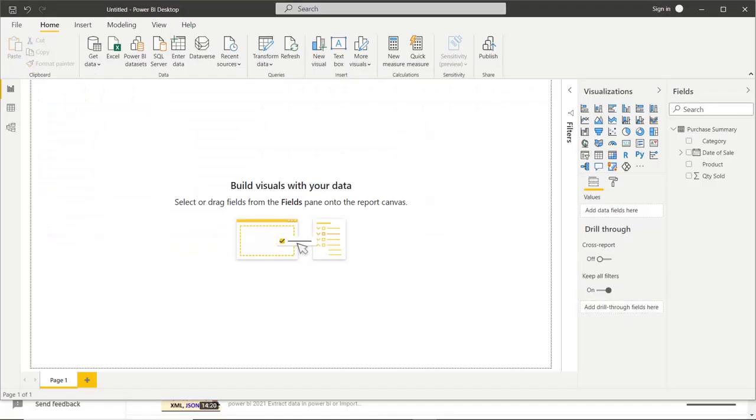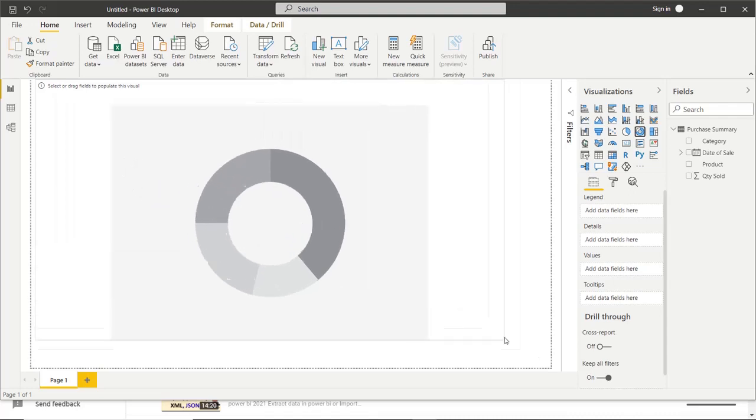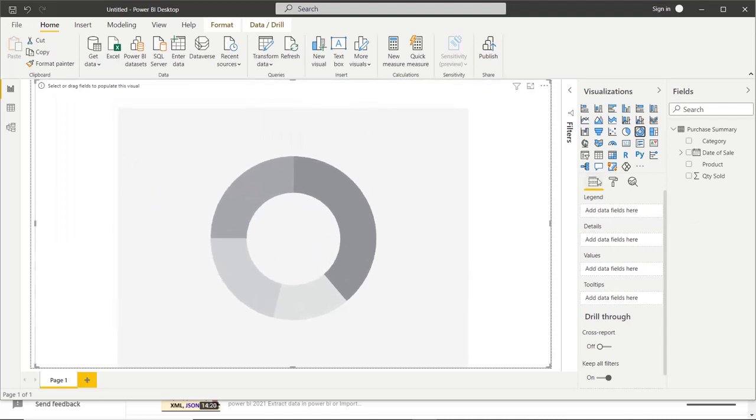Now we start creating the donut chart. On the right side, in the field section, we have the data purchase summary: the category, date of sale, product, and quantity sold. This data has been uploaded already. Now click on the donut chart. In the field section, the first option is the legend.